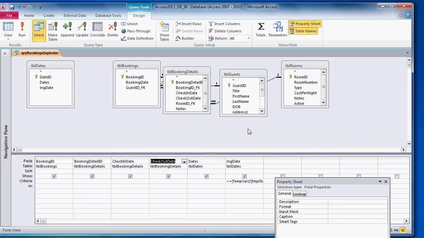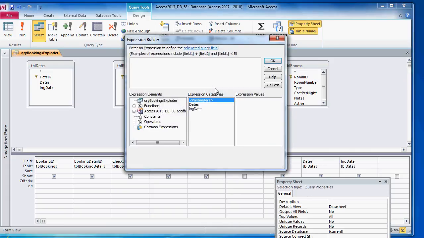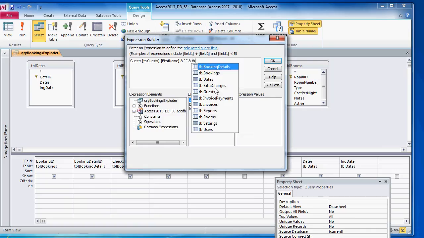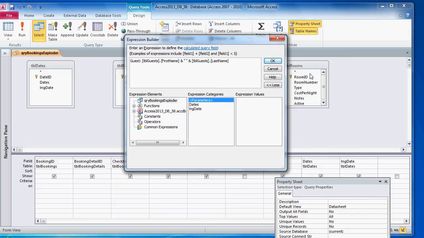We want guest ID, and we're going to want room ID, but we'll also want actually the name of the guests. So we will go guest and a bit of concatenation: table guests dot first name ampersand, and table guests dot last name. Okay, so if we run that,